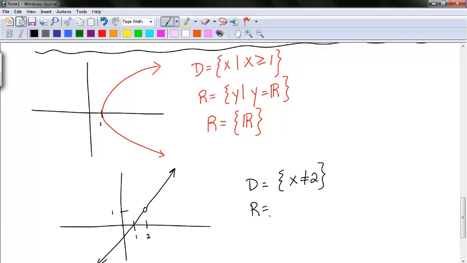In the range, what y value am I leaving out? 1. So y cannot equal 1. It equals everything else, but not 1. Okay, that's a little bit on the